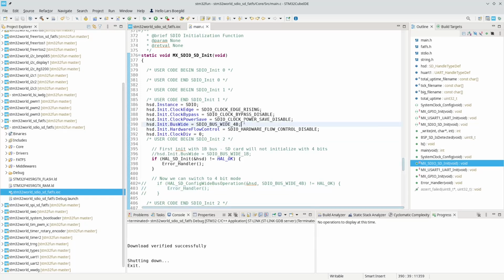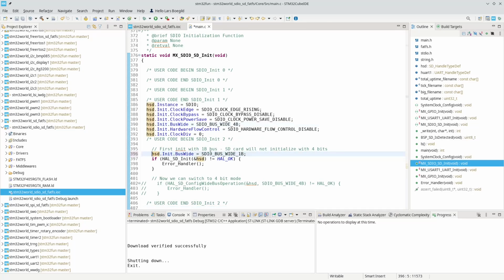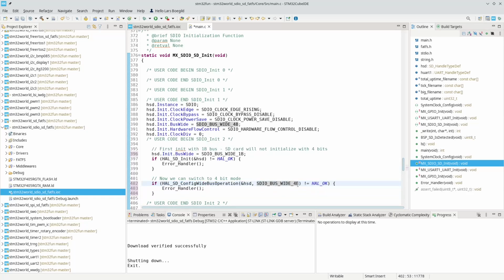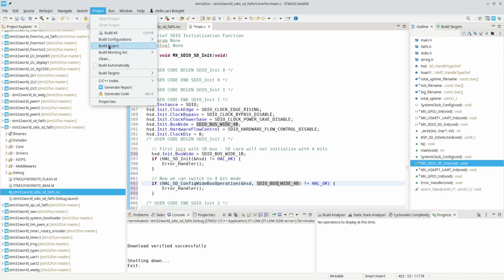If we set this to 4-bit here, it will not initialize the SD card. We have to initialize it as 1-bit there, and then we need to switch it to 4-bit mode there by setting the SDIO bus wide 4-bit. If we do that and try to build this,